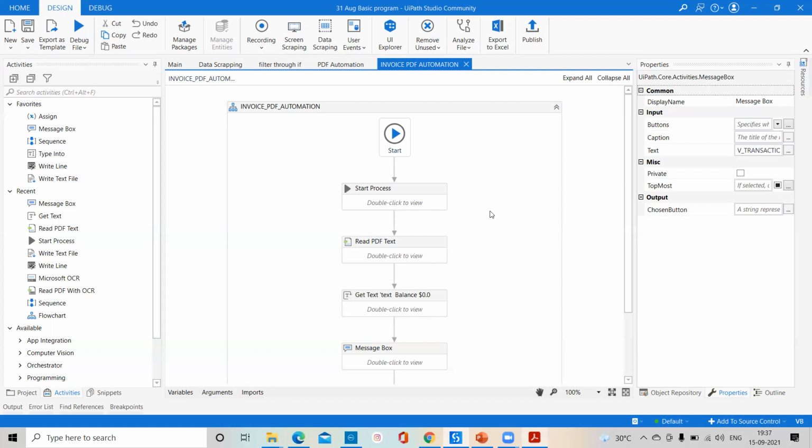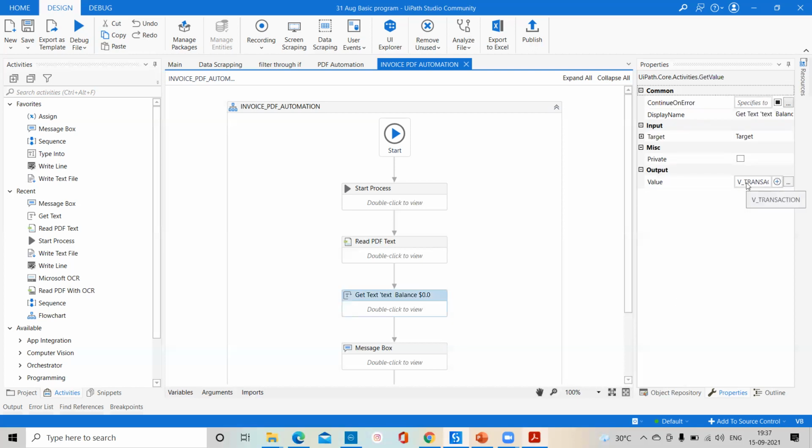So suppose you have a use case where you're getting a PDF, and in the PDF we have some data like the invoice number and your name. Whatever data is available in your PDF, if you want to populate it into any website, or populate it into an Excel sheet, you pass it along. Suppose in Get Text I'm extracting this transaction, and this transaction you have to pass in the UI demo application, or in any web-based application, or this variable into any Excel sheet.